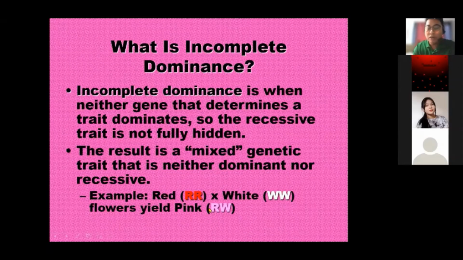Ayan. So, kapag nag-mix tayo ng pure dominant na red and then pure dominant na white, nag-mix na lang sila. This is because of the incomplete dominance. Nag-mix sila yung red and then white, it became pink. So kapag nag-mix tayo ng white and black, magiging gray yung magiging anak nila.